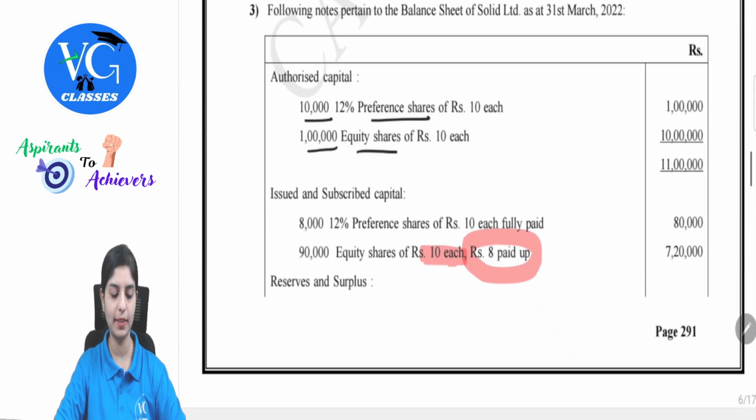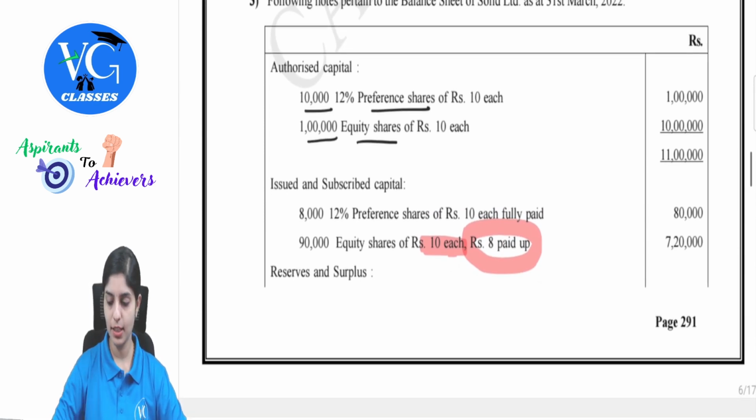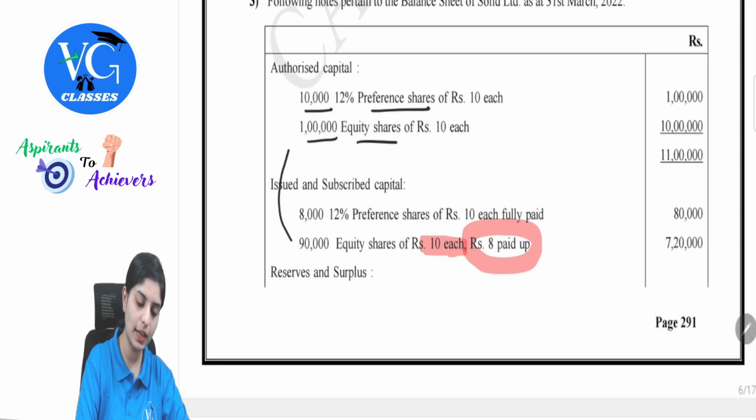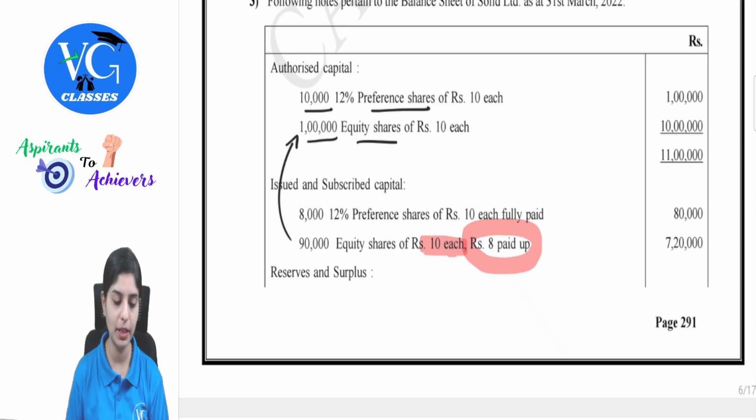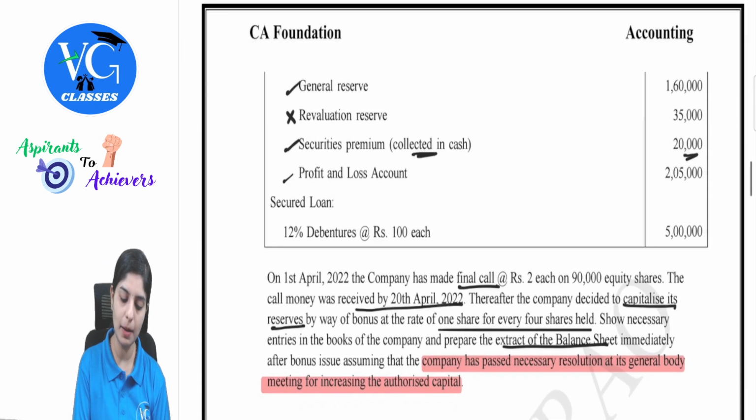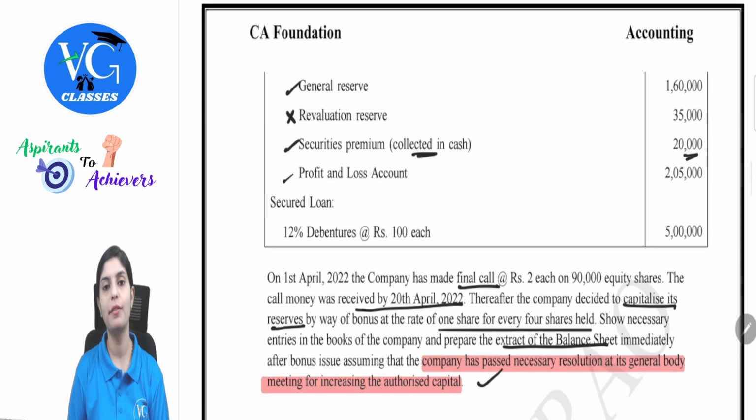Authorized capital, observe one thing. 90,000 was the existing shares. How much was bonus number of shares? 22,500. So 90,000 plus 22,500 will be 1,12,500. But what is your authorized capital? It is just 1 lakh. That means it has gone beyond the authorized capital. There should be an increase in authorized capital. So how much will you increase? Up to 1,12,500. To do this, the company has to pass a resolution at the general meeting. The question clearly mentions the company has passed the necessary resolution. So we can just provide by increasing the capital.